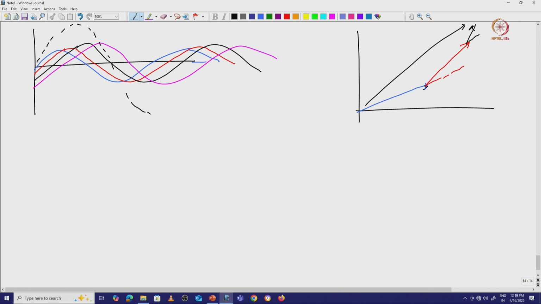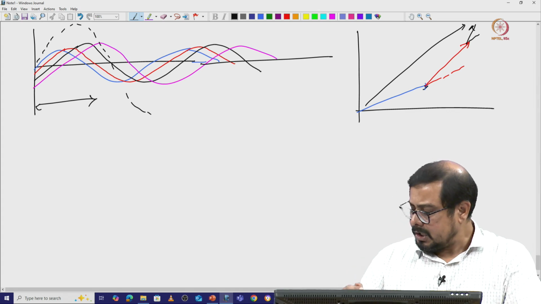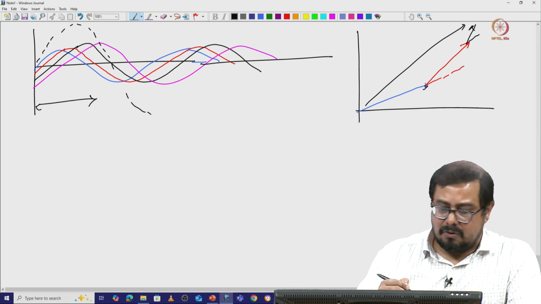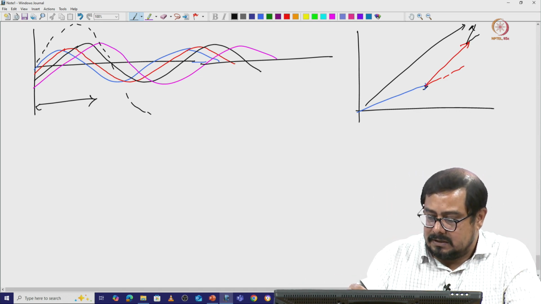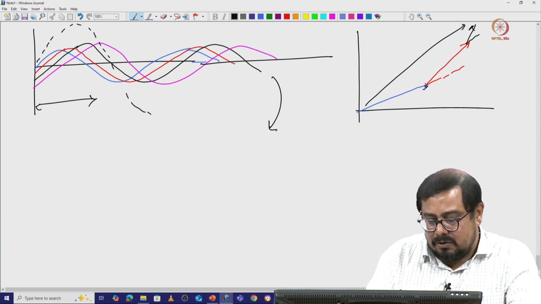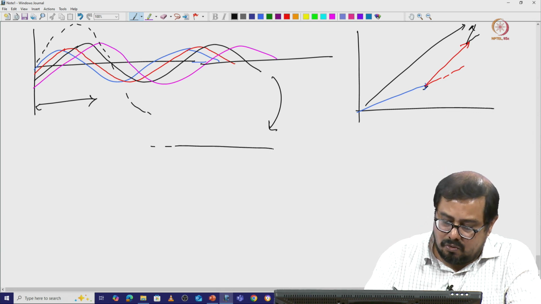Okay. But at the initial stage there will not be too much difference, but if you keep going on like that, after a certain time you can see that there are some changes, and they are completely in opposite phase. If we keep going in this way, they are completely in opposite phase and they will normalize each other. So, in this particular case, we have 4 waves, and I want to add them. How can we add them here? I want to show here that there is a vector addition, I want to do it.